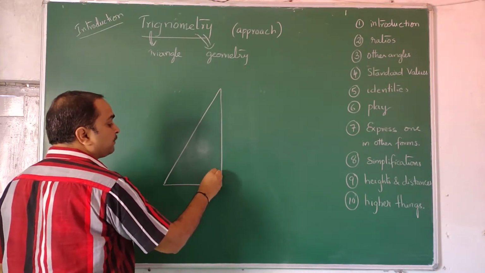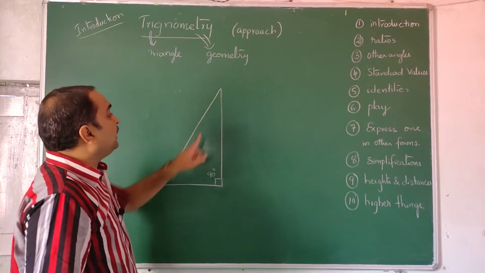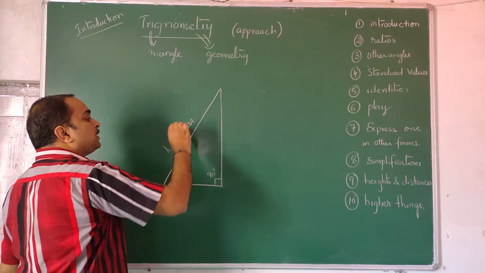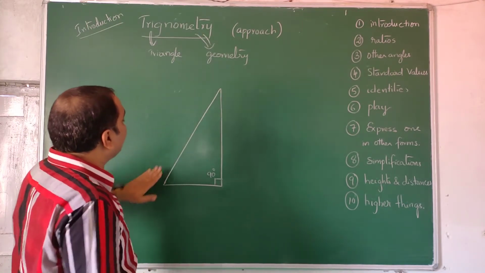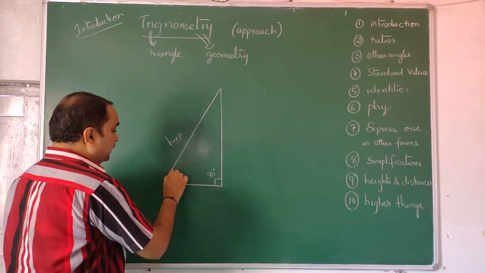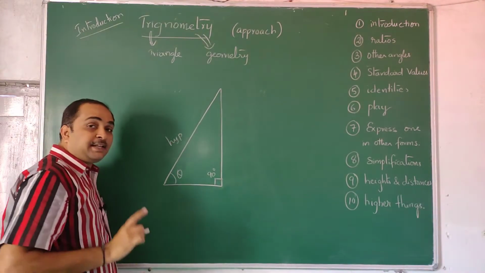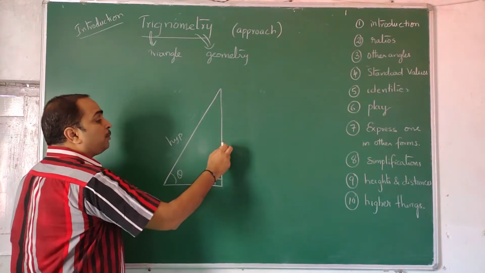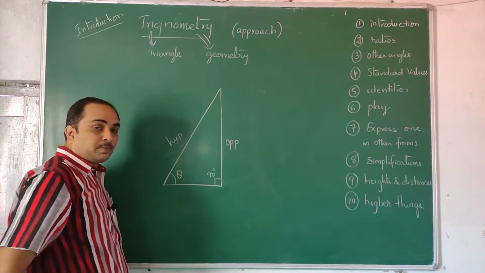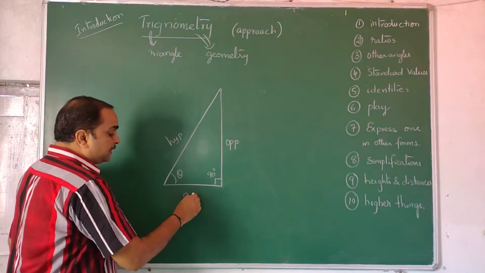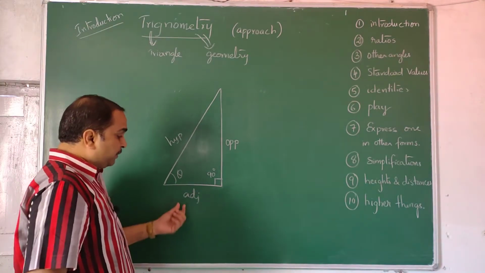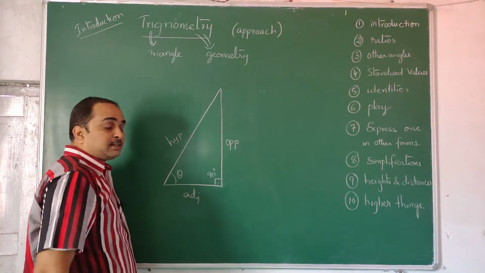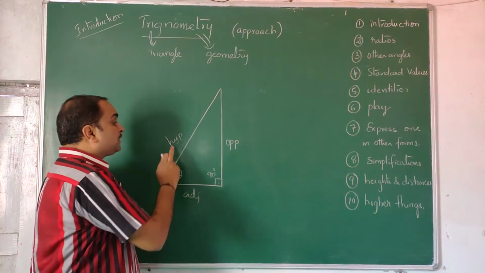the angle is 90 degrees. You'll have one long length that we call the hypotenuse. This is a naming kind of thing, so remember it, and we never write it completely, we write HYP. And this angle, if I call it theta, for this theta the side quite opposite is called the opposite side, or OPP. For this theta, the side by it is called adjacent, ADJ, but we write ADJ. So in a right angle triangle, definitely one angle is 90 degrees. Quite opposite to that you have a longer length, that is always the hypotenuse.